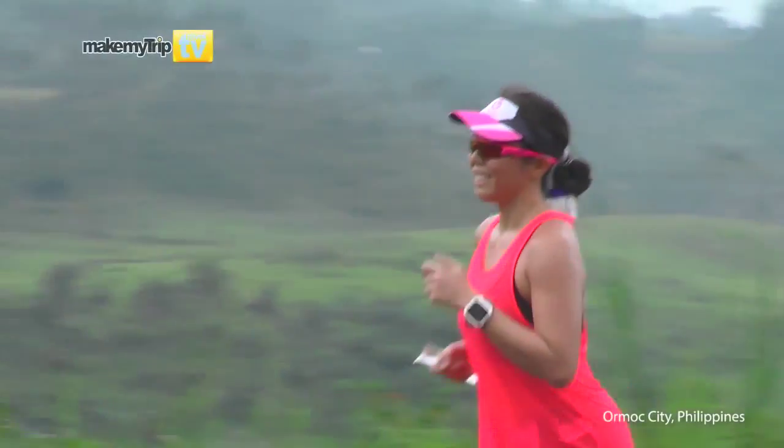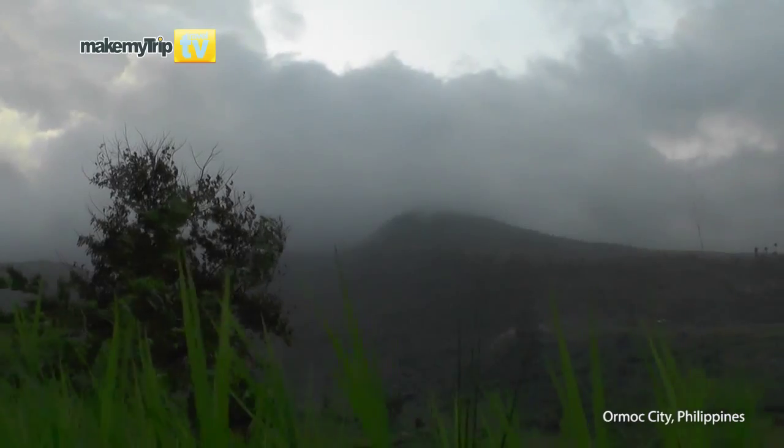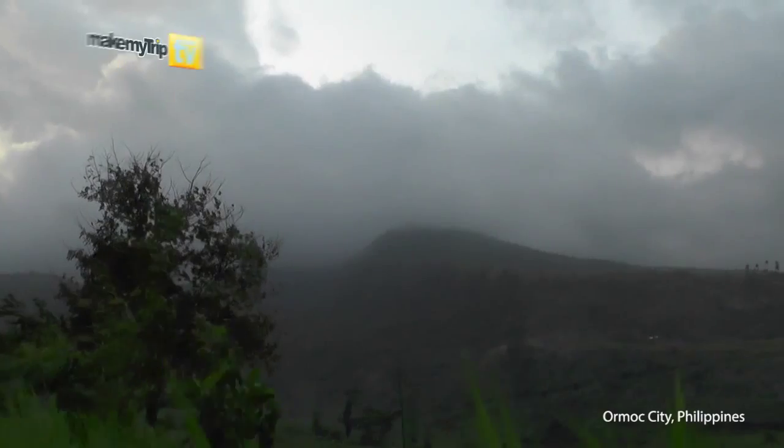I really liked that as we climbed, you could see the mountains in the distance, and then you could see the mist over the mountains. So that was very, very picturesque. It was nice to look at. I wish I had a camera with me, but then if I tried to take a selfie, I might look